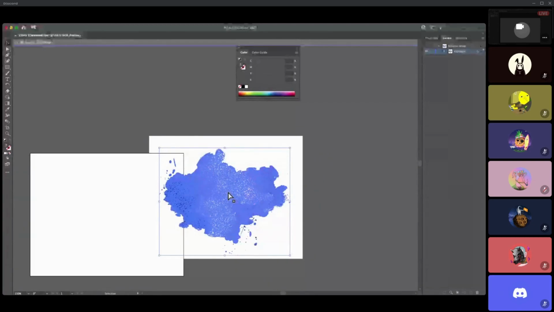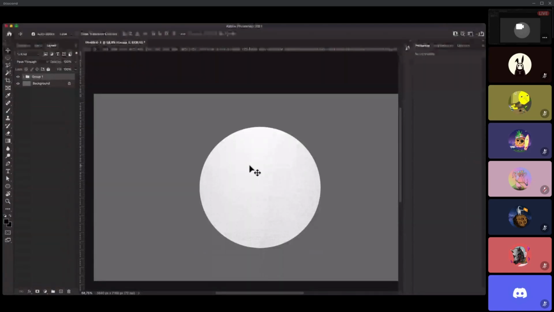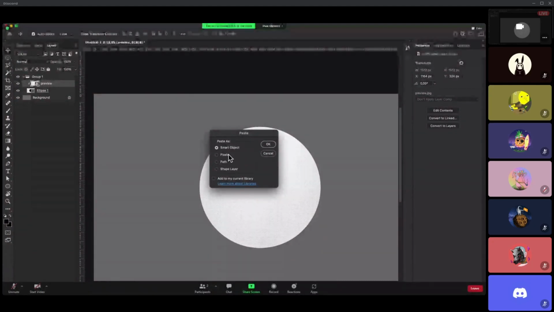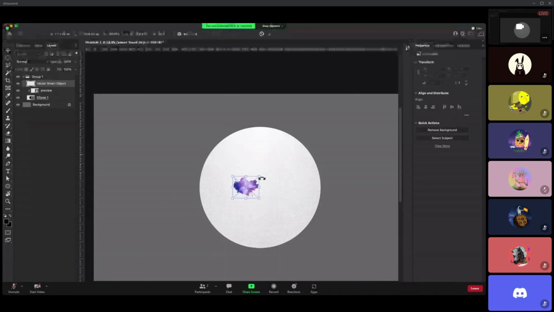So here I just press Command C, I copy this whole thing, I come back to Photoshop, I drop that by Command V, and it asks me, do you want to paste it as smart object, pixels, path, or shape layer? I usually say smart object, because I like this ability to go back and edit it in Illustrator if I want to. So I simply add it as smart layer. I hold my Option key while I'm dragging it out, so it's scaling up perfectly.